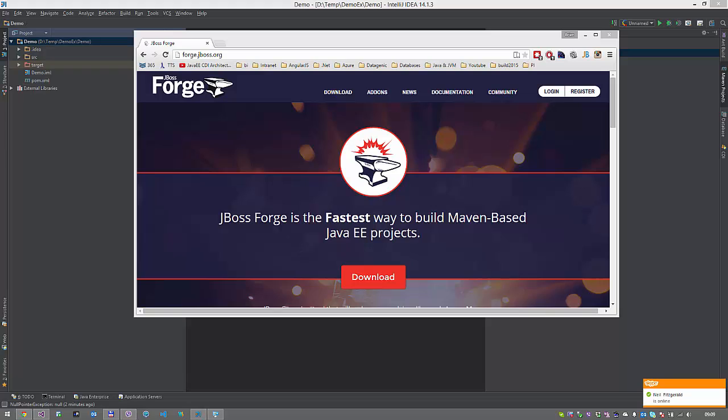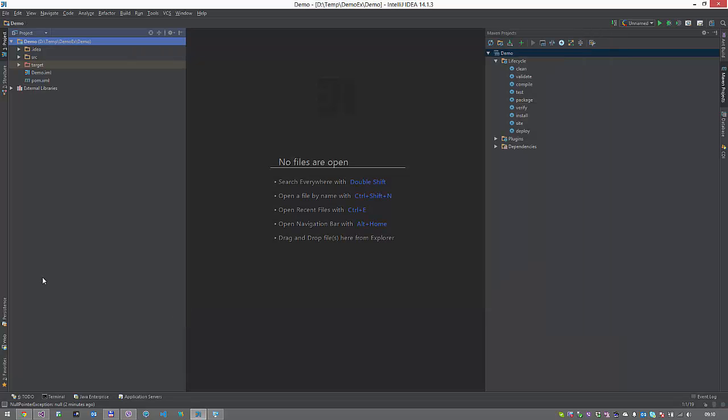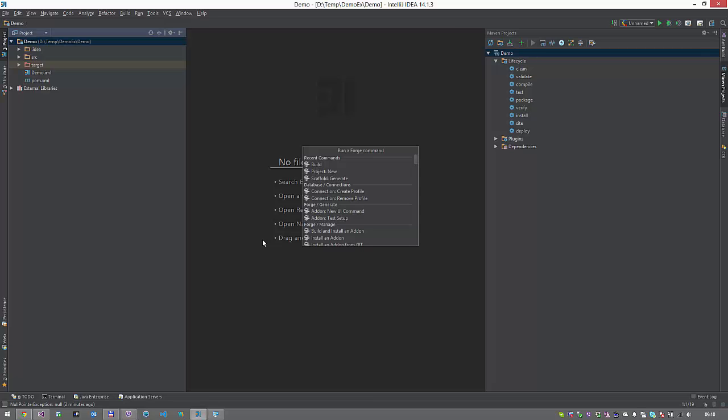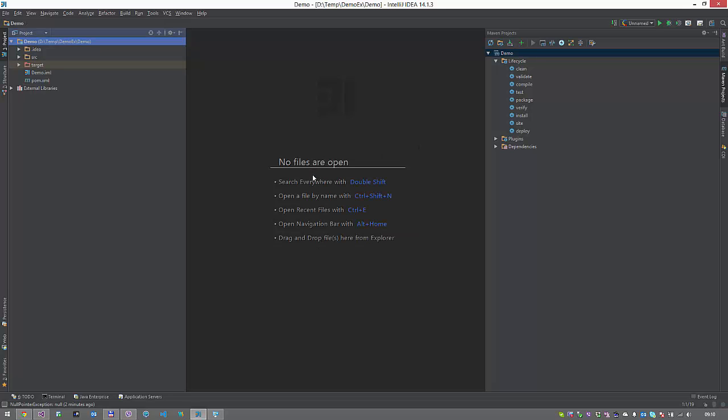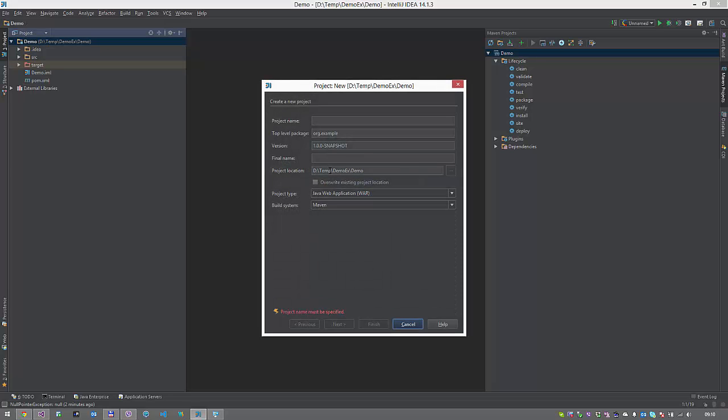Okay, so for the Java side, what I'm going to use is a Maven-based project, and one of the quickest ways to scaffold and create this project is to use a plugin called JBoss Forge. Okay, so let's get started. The shortcut in IntelliJ, which I'm using, and you can use Eclipse or the command line, etc., is Control Alt and the number 4. Okay, so new project. Going to create this project in temp, and we're going to create it in sample